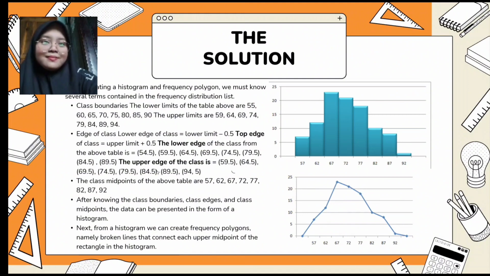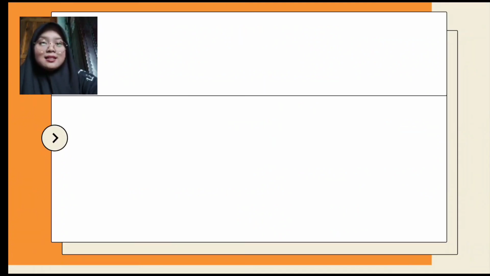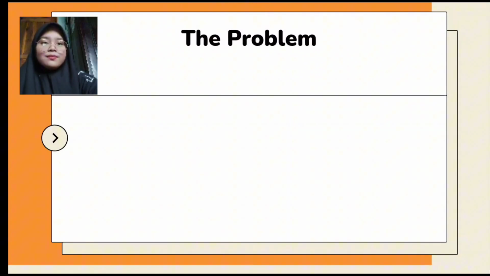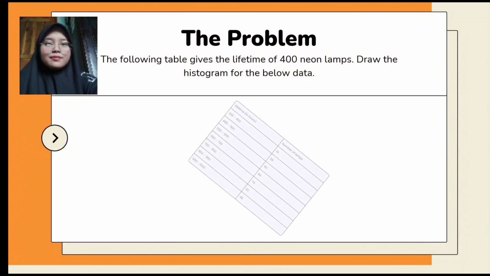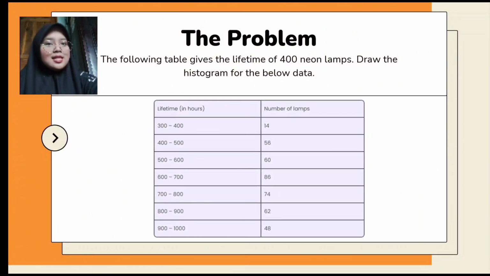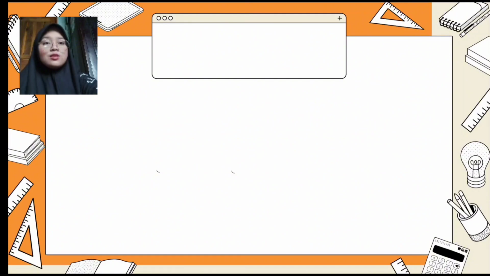Okay. Let's discuss number 3. The problem is the following table gives the lifetime of 400 neon lamps. Draw the histogram for the below data. This is the data. Okay, the solution